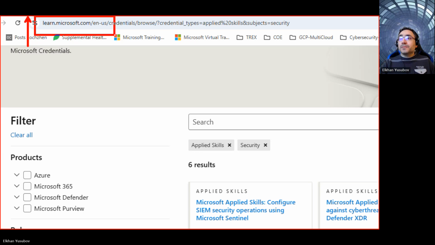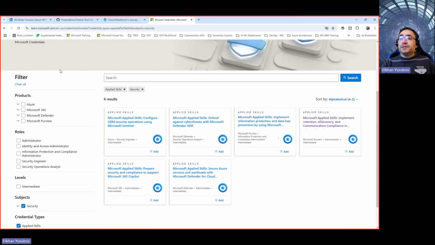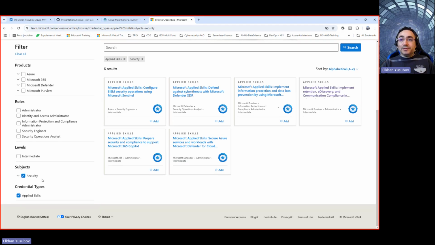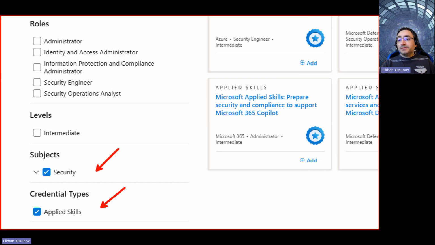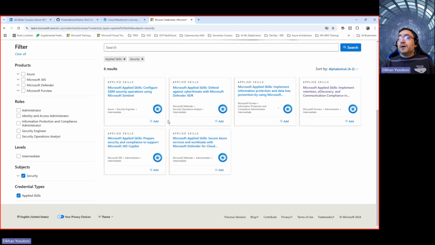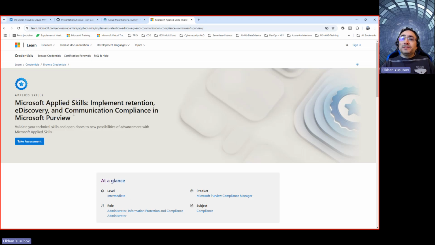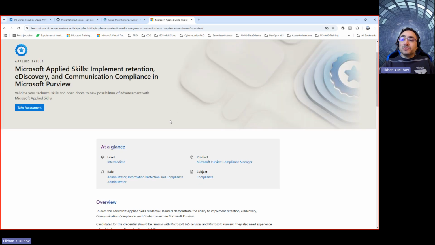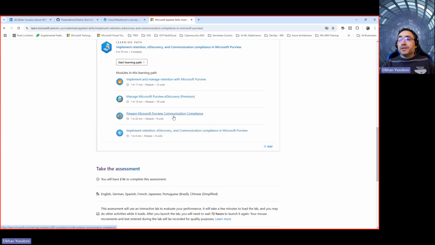Microsoft.com, under credentials and browsers. You can always go there and then select security here and applied skills, and it will give you a number of applied skill modules that you can learn and then verify your skills against. For example, here, if you want to learn more about implementing retention, e-discovery and communication compliance in Microsoft Purview as part of the exercise, you can learn from these